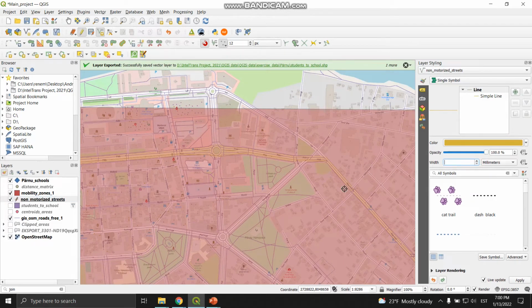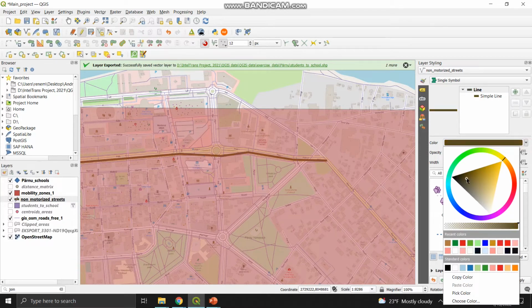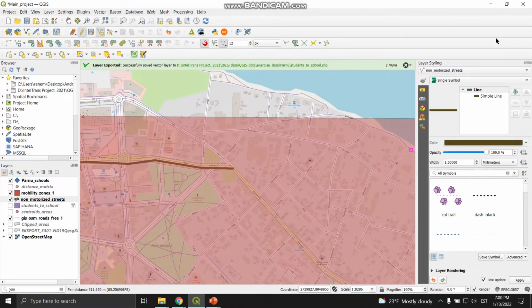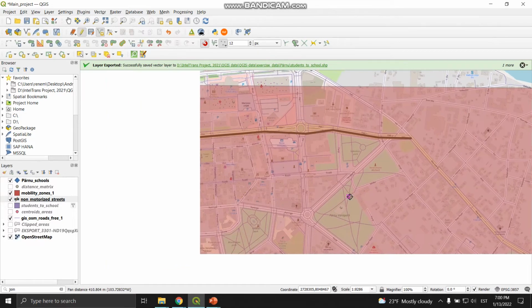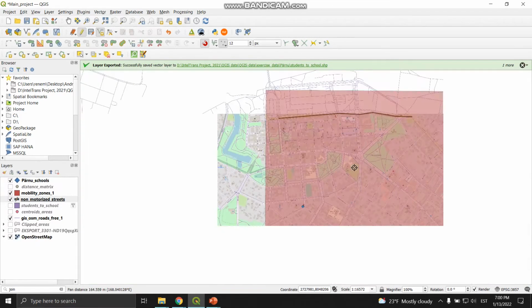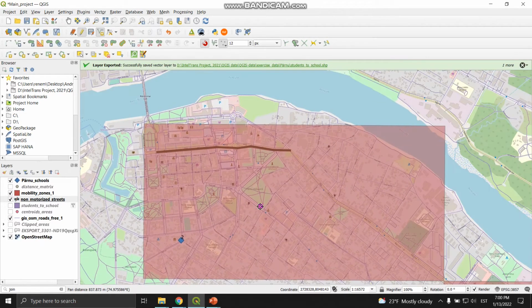Let's make it a little bigger, more, and change the color. That's good. We want to understand how the data helps us to find potentially the best